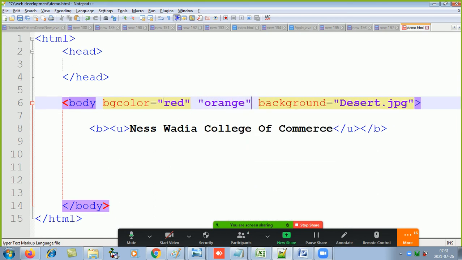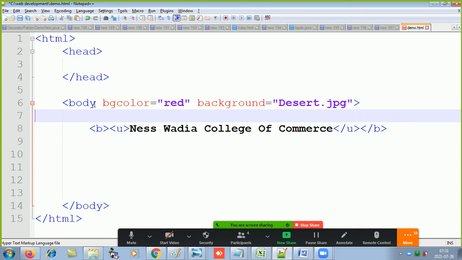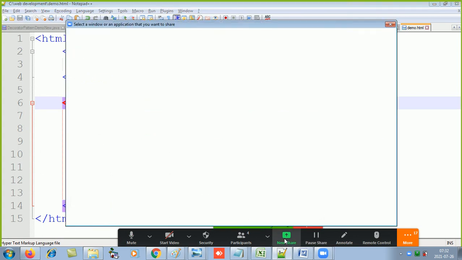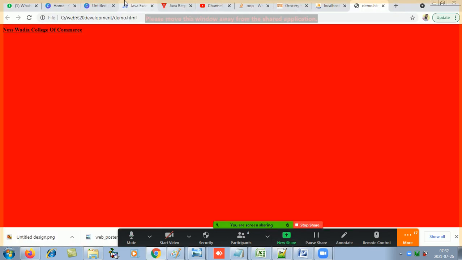So one attribute will have how many values? Only one value. And that value, try to give it in double quotes. Whether it is a number or a string, give it in double quotes. So now let's save this and let's refresh and see what happens to the web page.